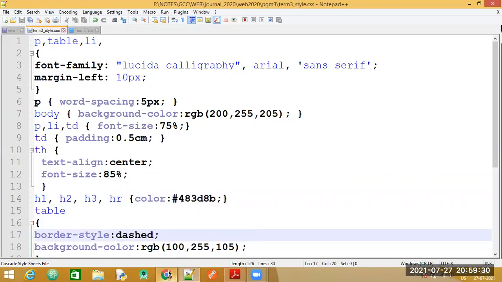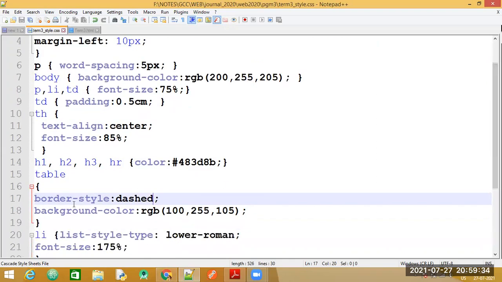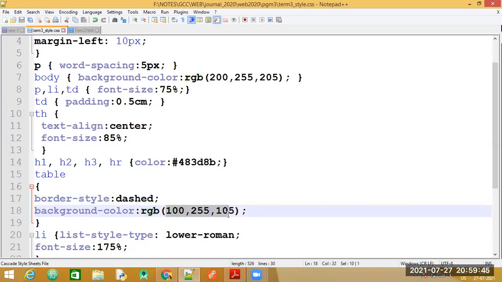Then, a different way to specify the background color for the table is by specifying RGB. You can specify the red, green and blue values separated by commas. RGB is a function, and the function takes 3 parameters separated by commas, and those are values. You can specify them as integer values or even as decimals.